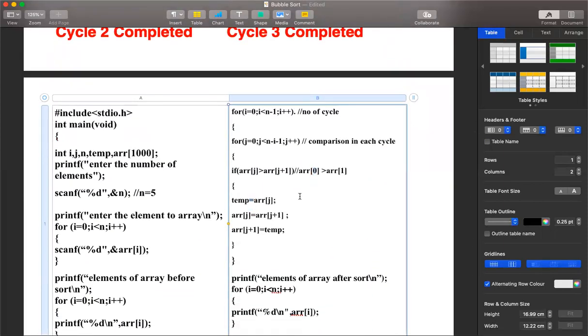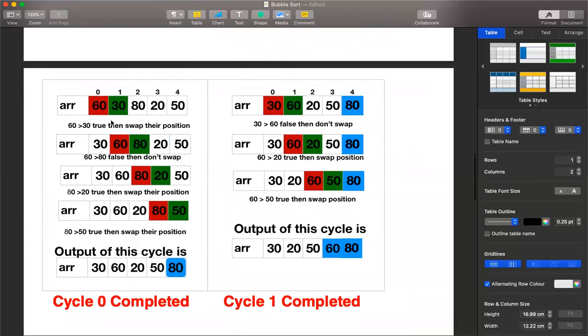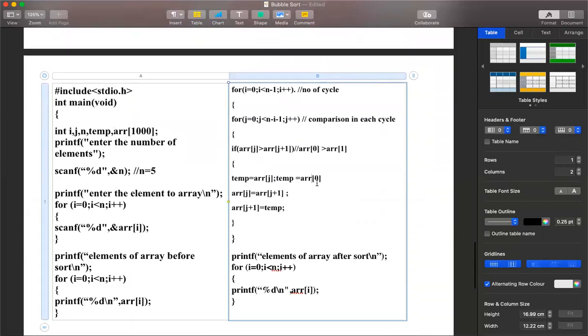If it is true, what do you do? You swap them. Let us see a few steps of swapping. So temp is equal to array of 0. What is there in array of 0? Carefully observe. 60. So 60 is copied to temp.